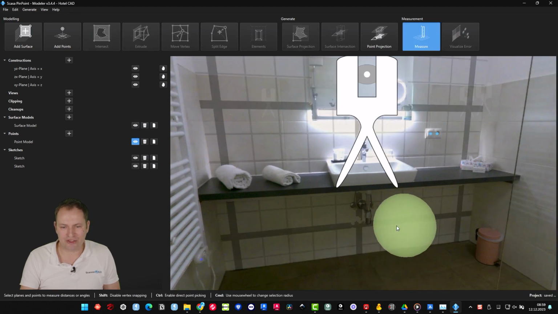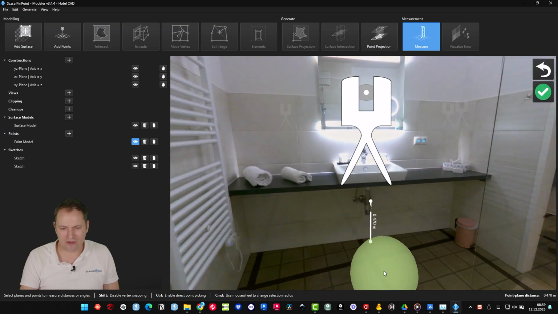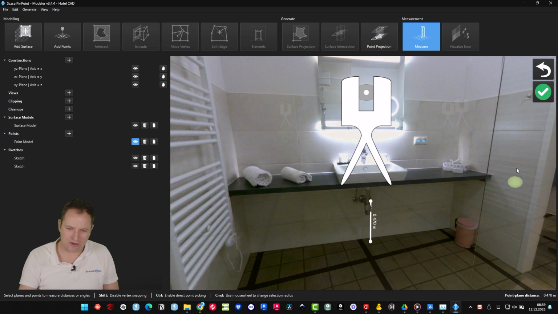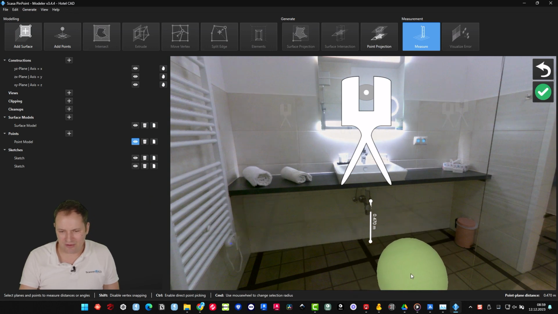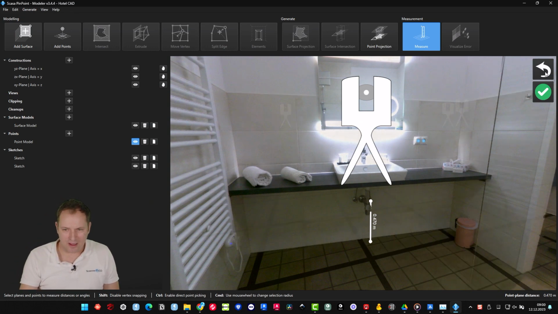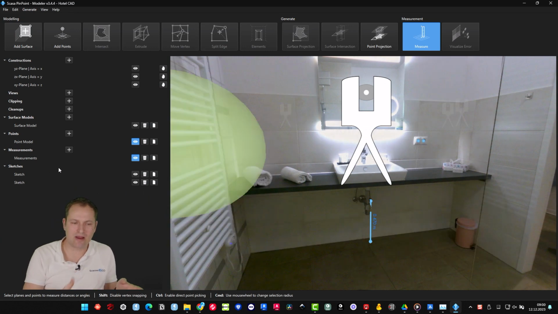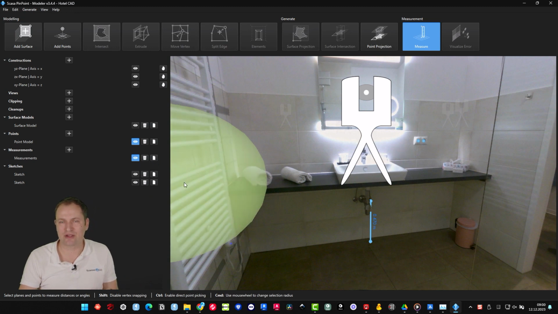and then we use now the measure tool. And now I will just hold the control key down again, zoom in maybe a little bit more, and snap to this point. And now I like to measure perpendicular to the floor. So if I use my ball, my sphere, my green sphere here, I can just snap to the surface, and you see it's measuring perpendicular to the floor. And then I can say OK, and you see if I say OK, there's a new section, it's measurement, and once again you can save and store these measurements, and you can reload them into your CAD software or in your design software. So that's also very useful.